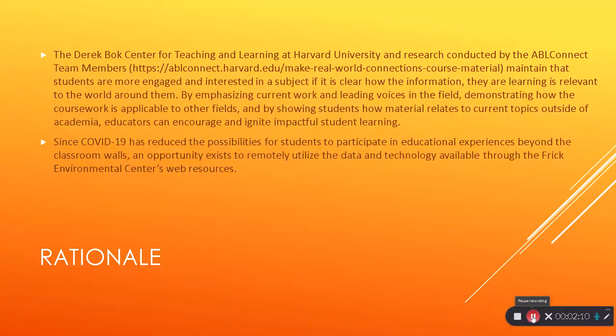The Derek Bok Center for Teaching and Learning at Harvard University maintains that students are more engaged and interested in a subject if it is clear how the information they are learning is relevant to the world around them. So many times as educators in a classroom do we hear from students, where am I ever going to use this again? By showing this connection from inside the classroom to the outside real world, educators can encourage and ignite impactful